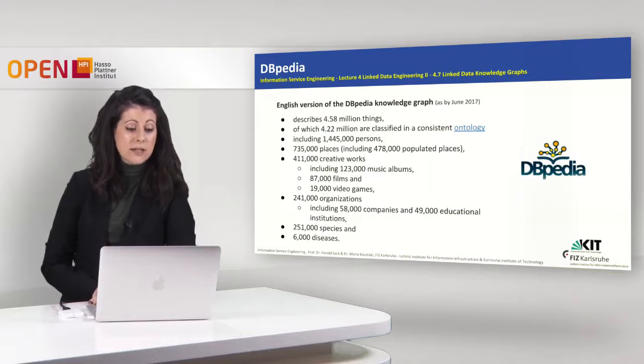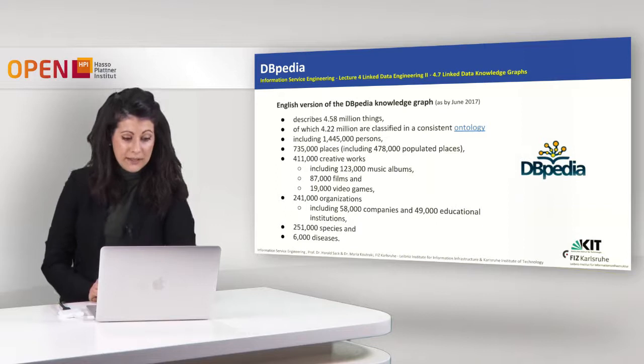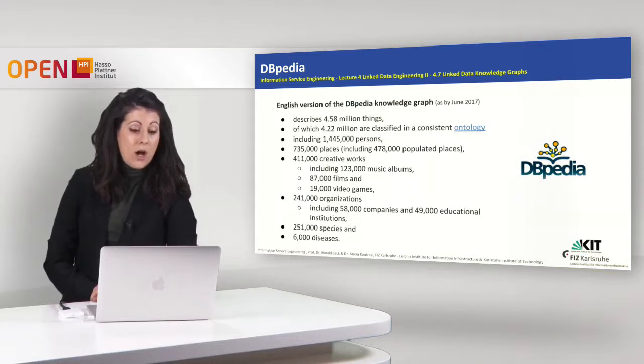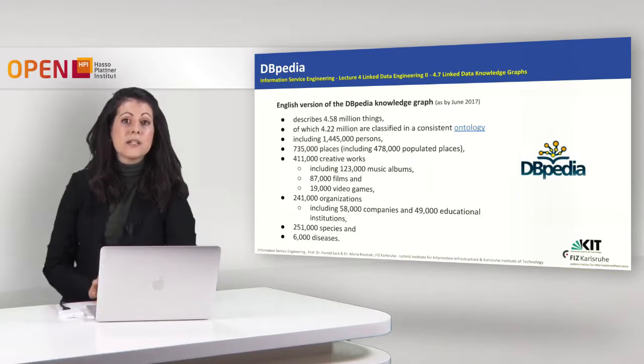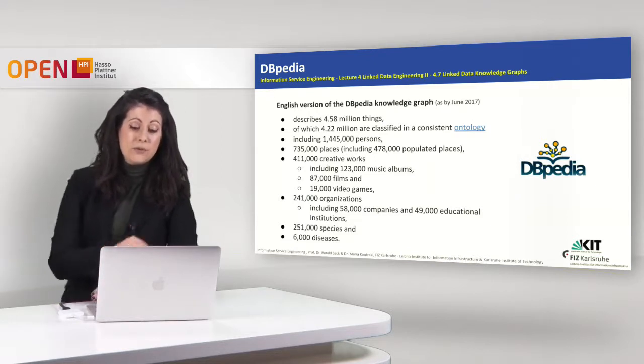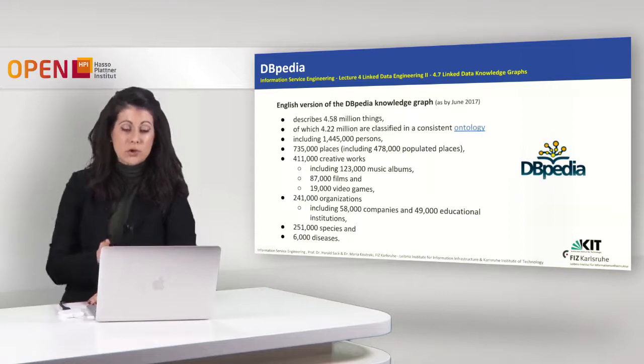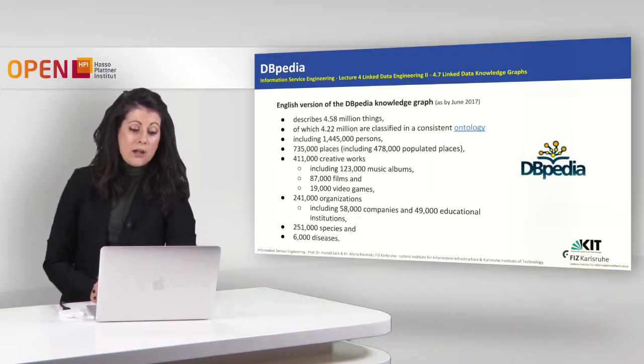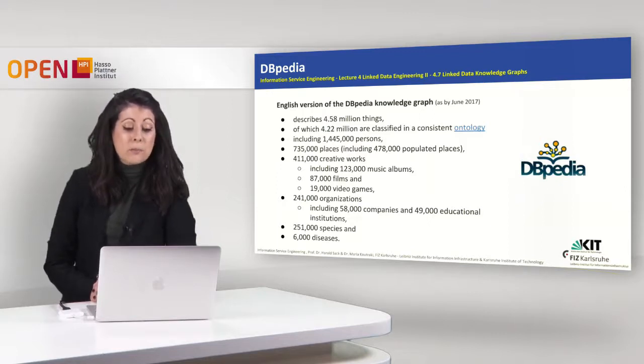And let us just see here some statistics regarding the data that the English version of the DBpedia knowledge graph contains, as of June 2017. In the English version of DBpedia, we have more than 4.5 million things, of which 4.2 million are classified in a consistent ontology. And if you visit this link here, you can see the ontology behind DBpedia, the DBpedia ontology. It also includes almost 1.5 million persons,